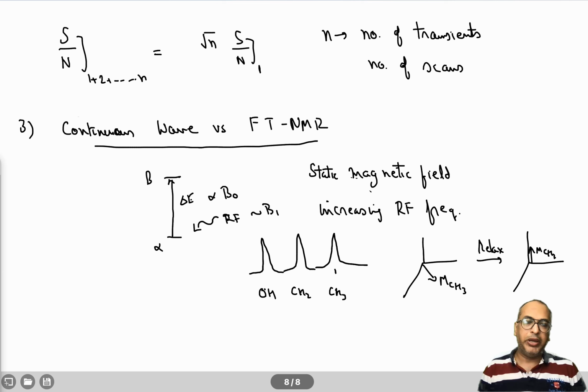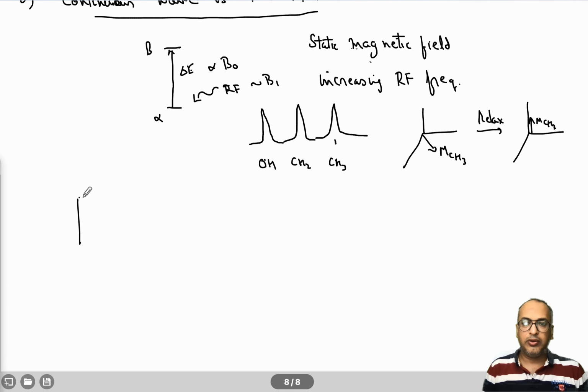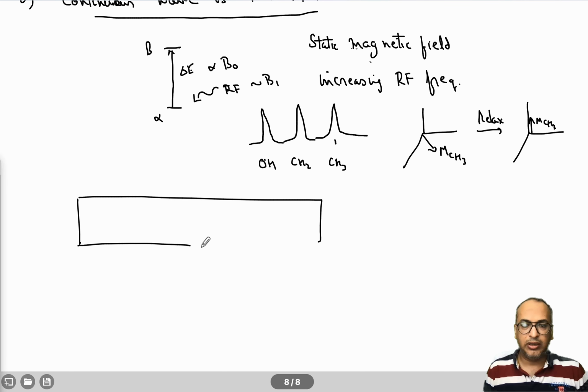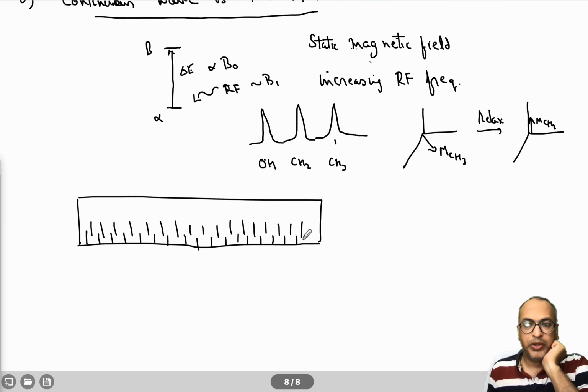So think of a piano in this example. So let's say there is a piano. Okay, so this is my favorite example, and I've discussed this many times in different lectures. So you have different keys in a piano, right? Now you want to understand what is the frequency of each key. So for this, what you need to do is press this key and hear the sound. Let's say your ear is your detector. So you hear the sound and you understand, okay, what is the note which is provided by this particular key.